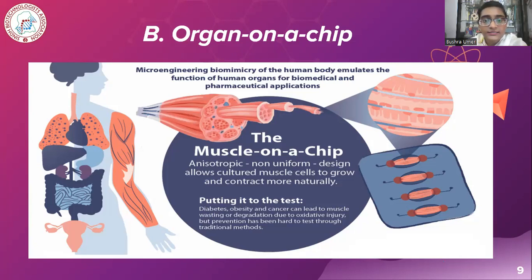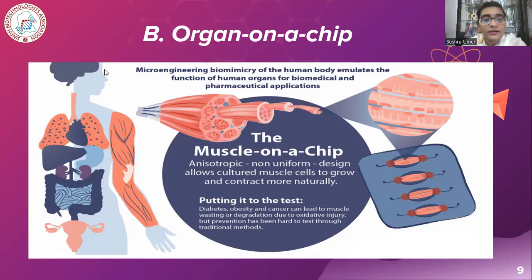What we do in this is take a small amount of muscle, process it, and then an isotropic non-uniform design means we take different readings or different measurements or lengths of the muscle, and then we test how that muscle becomes weak, and we can also learn what type of drug we can use to activate that muscle, and how that drug is acting, and all these things are occurring on a single chip. So this is the wonder of